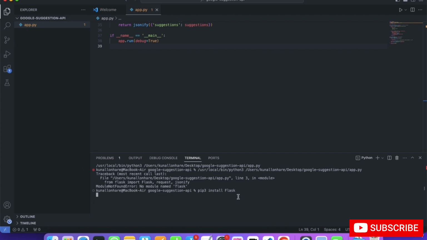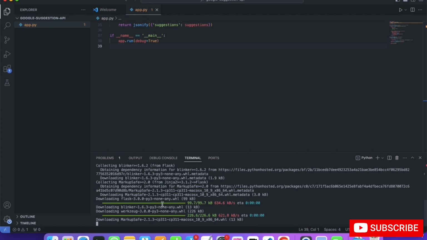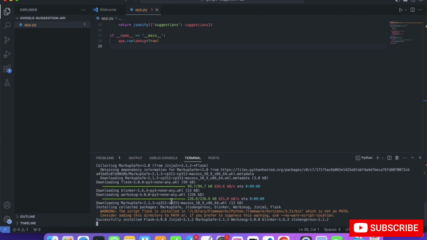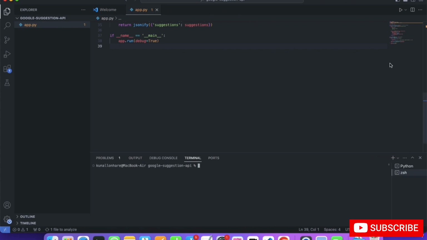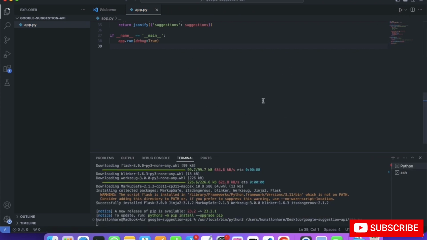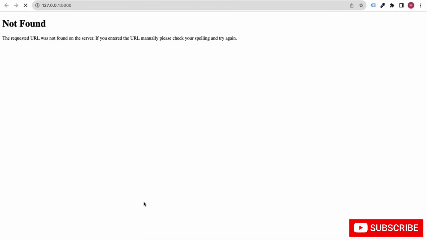Flex, click on enter, and you will see it install flex inside Python. You can see it's downloading and it has successfully installed flex. Now we can open a new terminal like this and run the application which ChatGPT has given to us. After you click on this run button, you will see the error is solved. Now you can press control and click, or just open this particular URL. You can see this is how it shows.